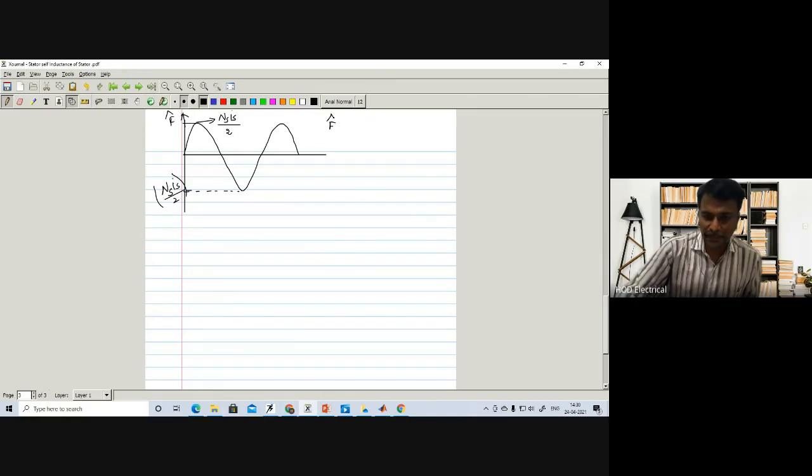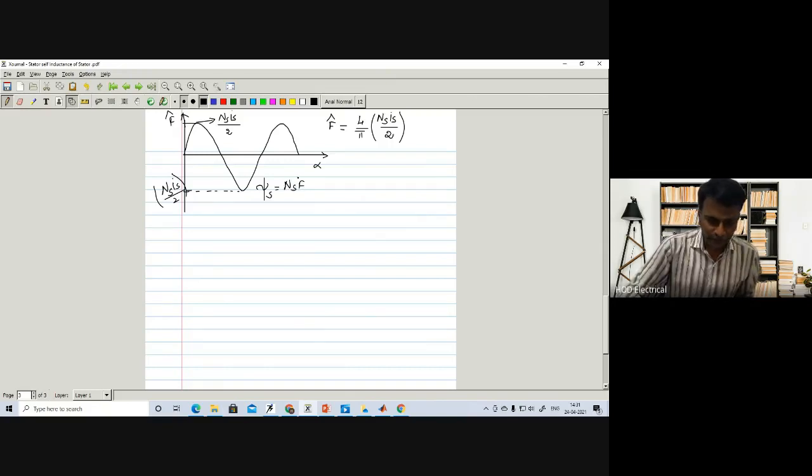This F cap, this is alpha. So F cap is nothing but 4 by pi. According to the Fourier transform, this magnitude will be Ns Is divided by 2, Ns Is divided by 2. So already we have derived this equation of that psi s. Psi s is nothing but